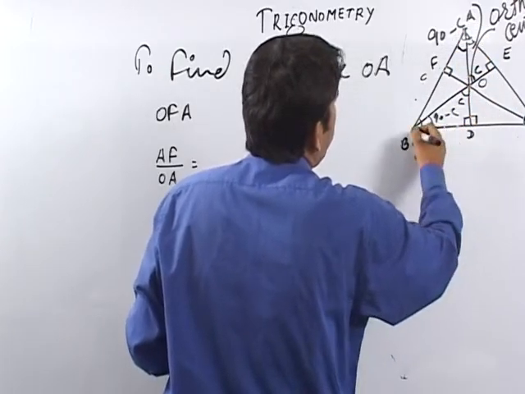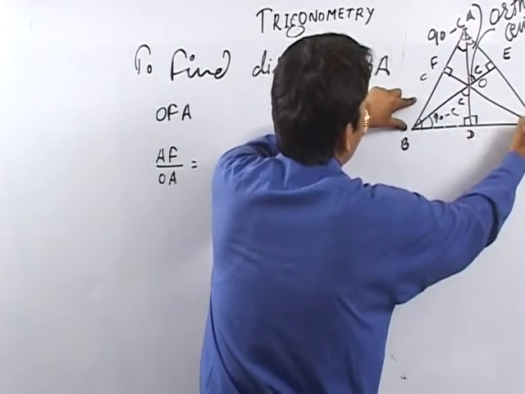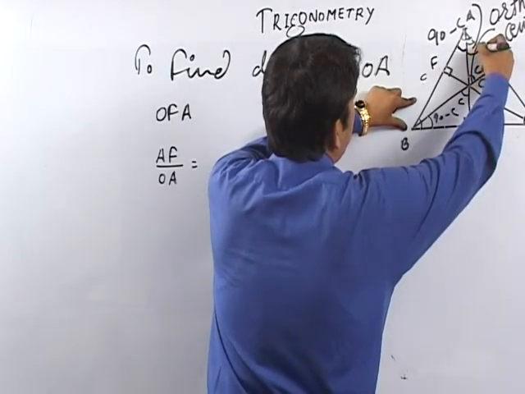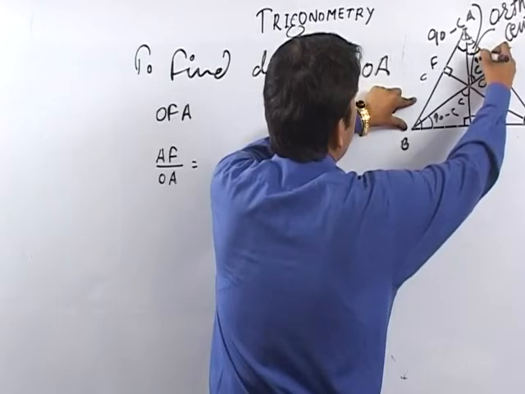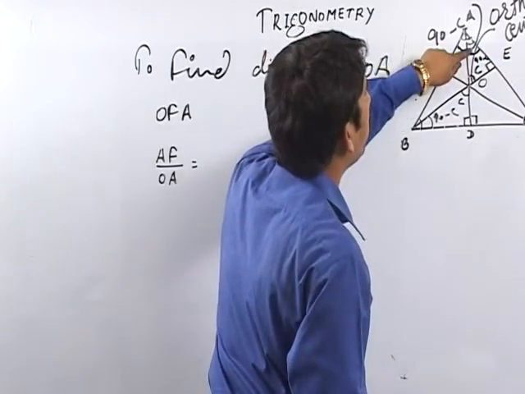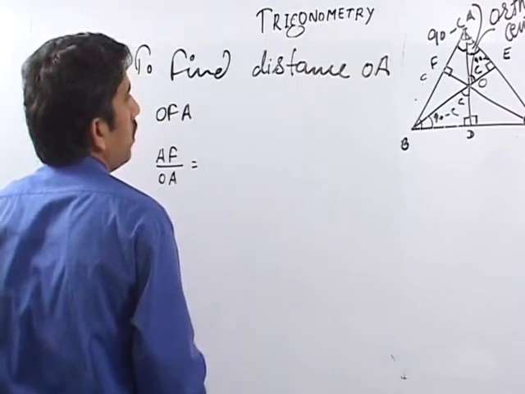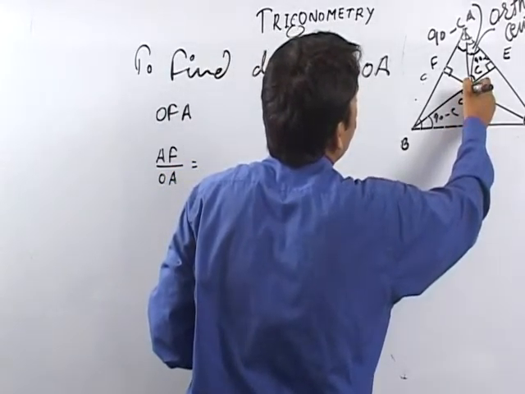In triangle ABD, this angle is C, then this angle will be 90 minus C, and in a similar way,